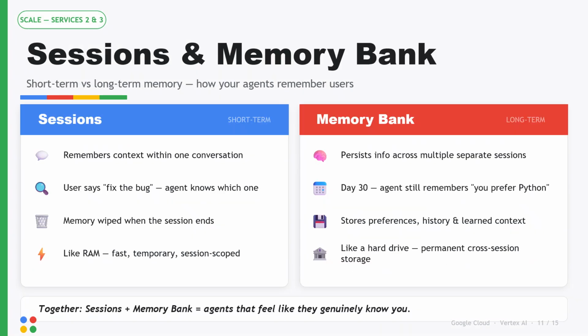2 services that often get confused, let me make them crystal clear. Sessions handle short-term memory. Within a single conversation, the agent remembers everything said so far. If you ask it to fix a bug, and then say "fix it again," the agent knows what you're referring to. When the chat ends,